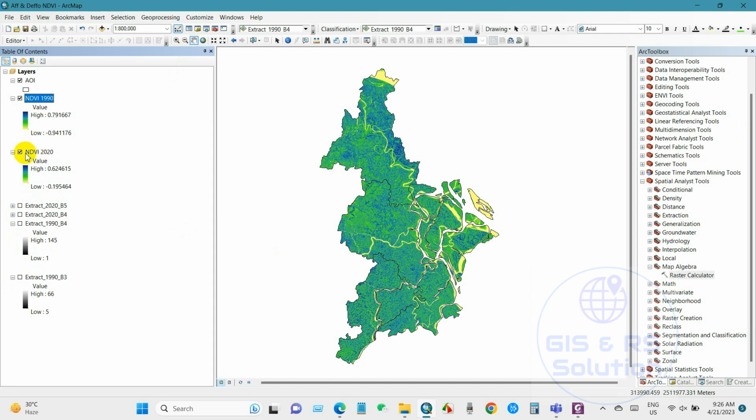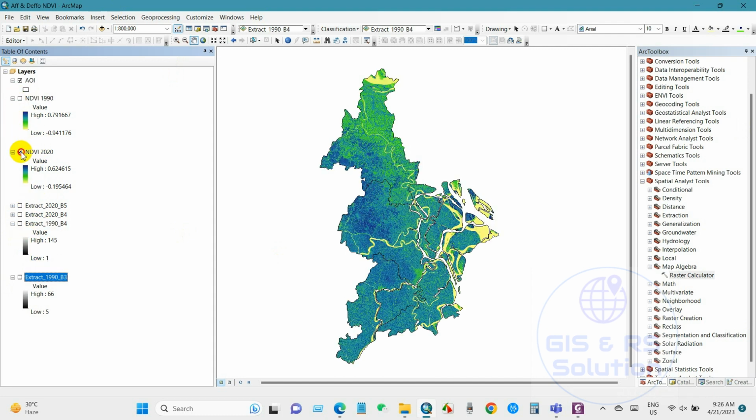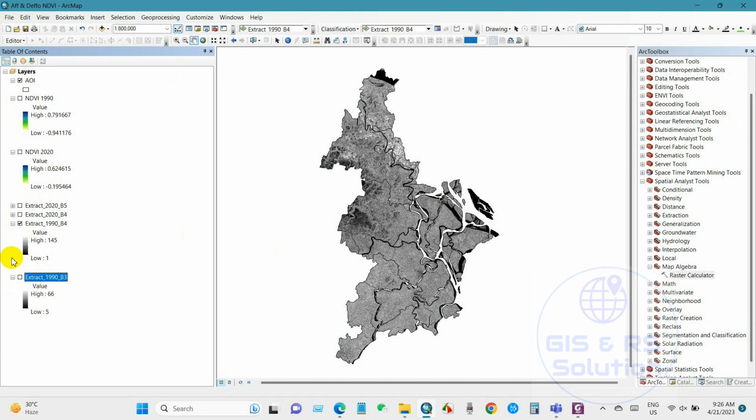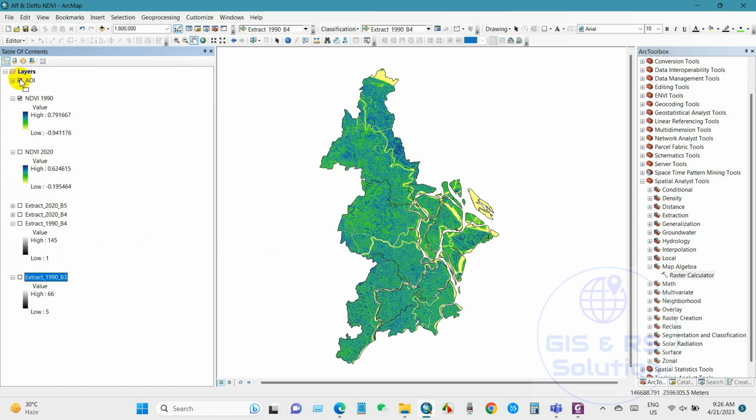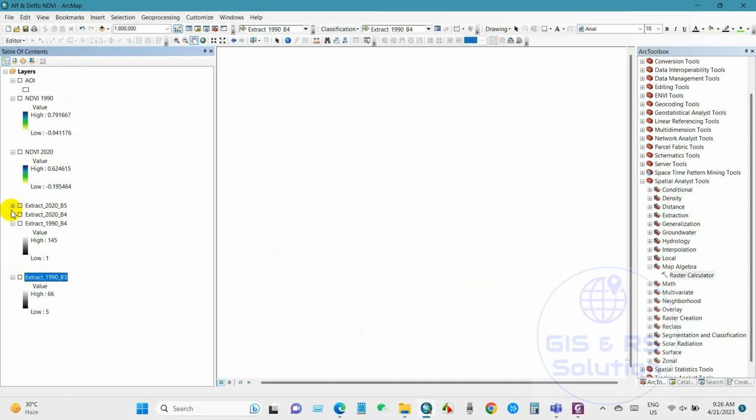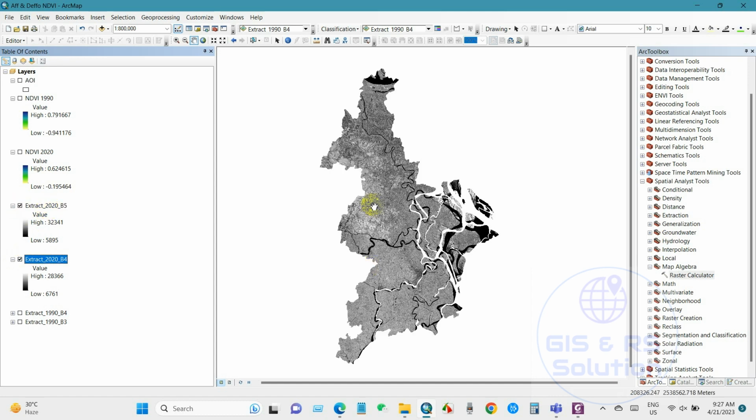To prepare the NDVI map for 1990, we have used Landsat 5 images, band 4 and band 3. Here is the NDVI 1990. And to prepare NDVI 2020, we have used Landsat 8 images, band 5 and band 4